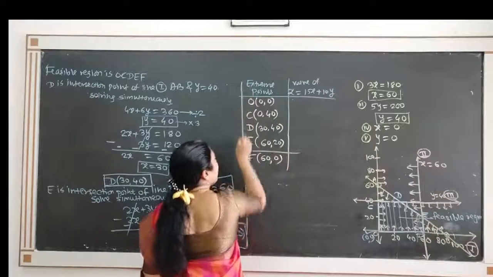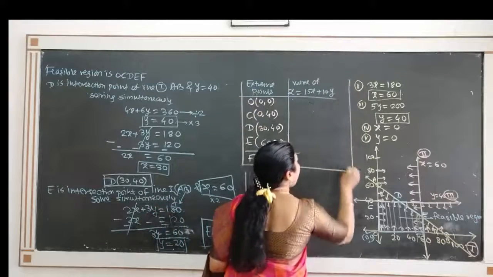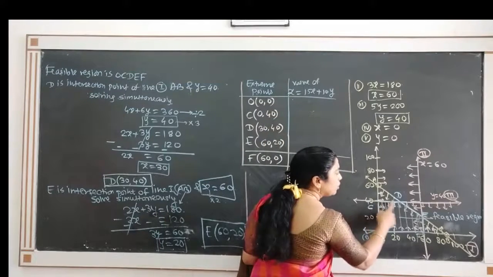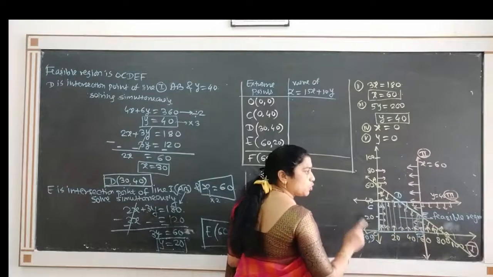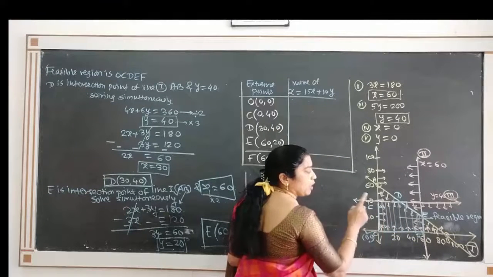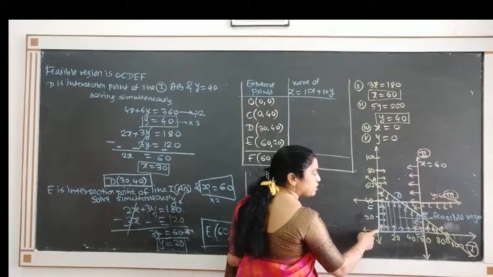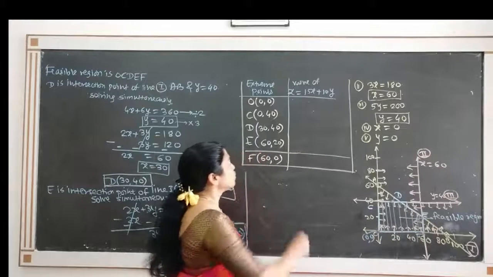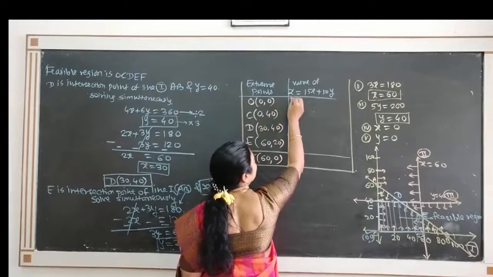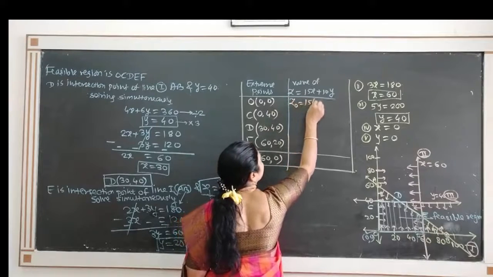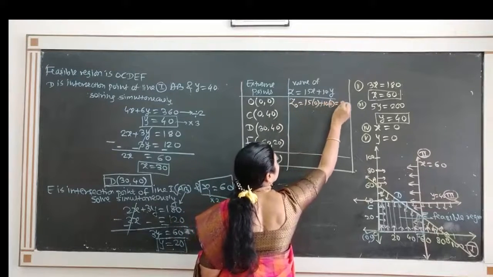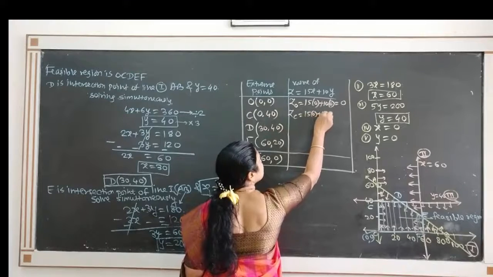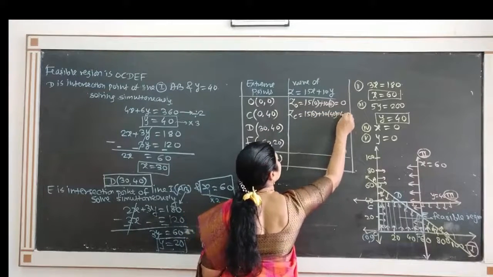We want to find the value of objective function only at these 5 points, because these 5 points are corner points of the feasible region. So according to the convex polygon theorem, the optimum value, that is maximum value, will only occur at one of these corner points. So find the value of z at these points. So first one, z at origin, it is nothing but 15 into 0 plus 10 into 0 comes to be 0. Z at C point, that is 15 into 0 plus 10 into 40, value comes to be 400.